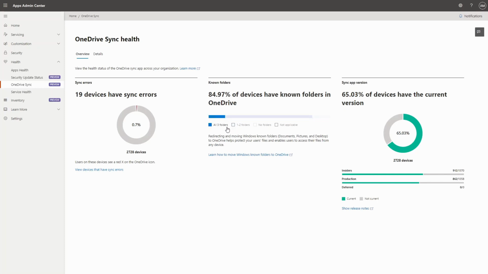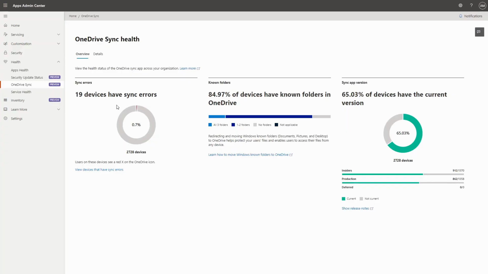And if you're not using it, you can certainly click on the link here to find more information about how to actually use it. And finally, learning about what versions of the sync clients you actually have within your organizations. So number of builds on the Insider, production, which will give you a quick breakdown of percentage. You can quickly see the total actual number of devices. Again, all available on the overview page to give you simple and quick answers to those commonly asked questions.